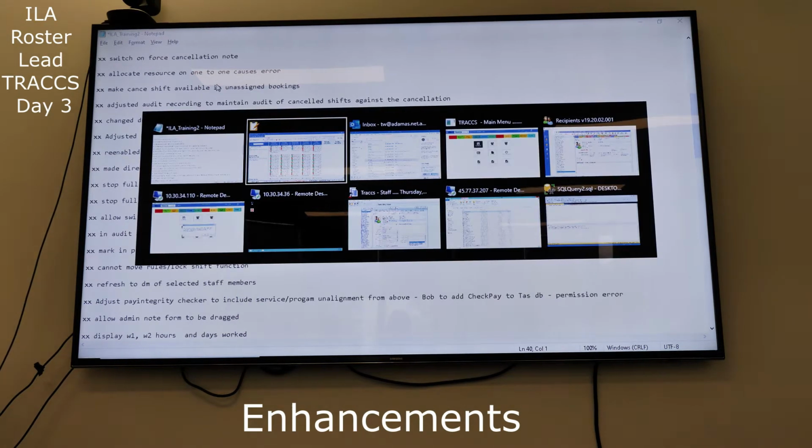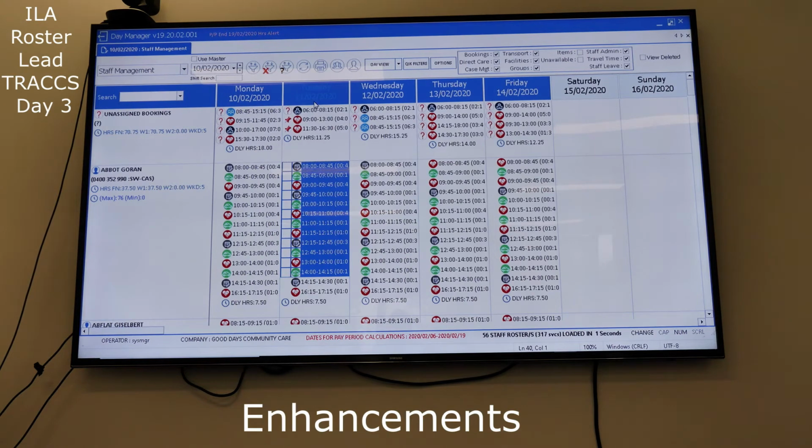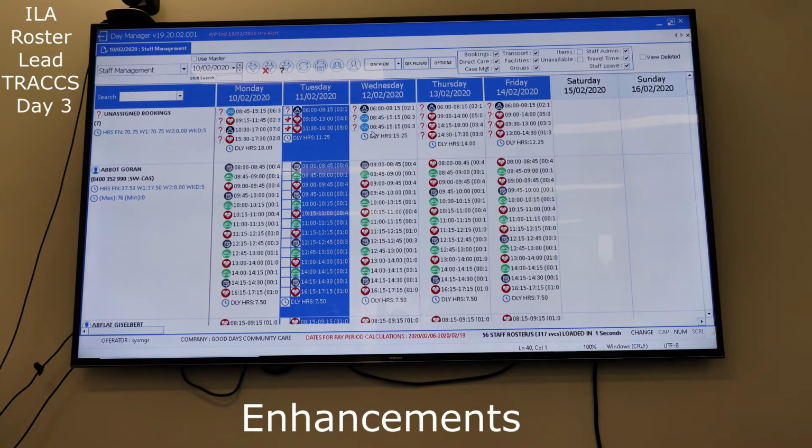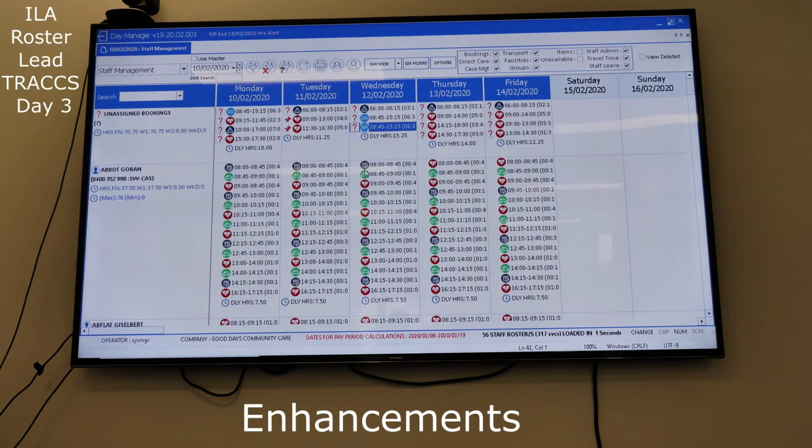There's 2 parts to this. I'll just do the first part first. So in the Day Manager 2 that you had, you could highlight multiple shifts like that, but you couldn't click on the column header to highlight a whole day if it was a public holiday. So we've changed that so that you can highlight the whole day in one click. And as per discussions,